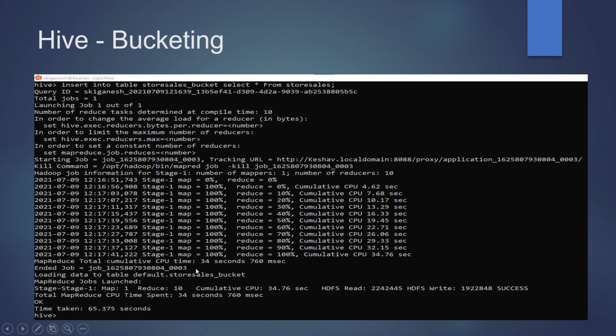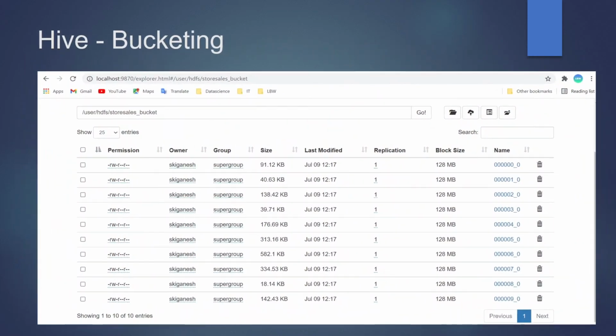We could see we have 10 files 0 to 9 got created in the location of the bucket table store_sales_bucket. Each file represents one bucket, each bucket having different size. It is based on the hash value of the column which we have provided.